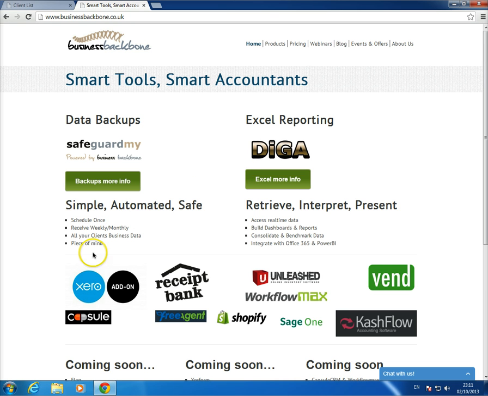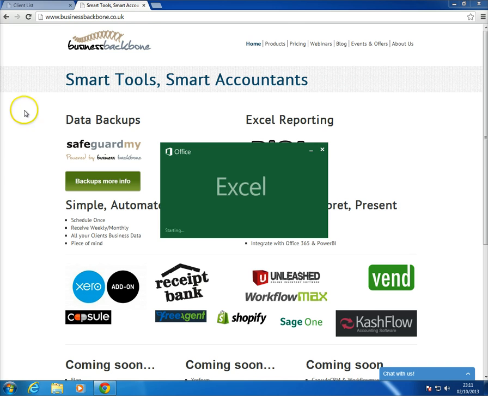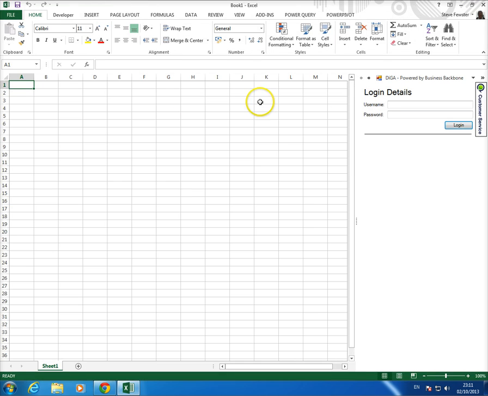Once you've signed up and gone through the install process, as I'm going to do here, you'll be able to fire up Microsoft Excel and it will make available our add-in down the right hand side here, so I can log in. These are the same login details that you use on the web. Once we've verified you're an authorised user,